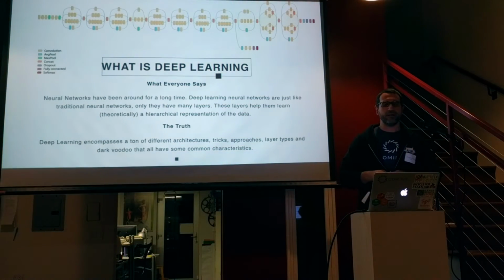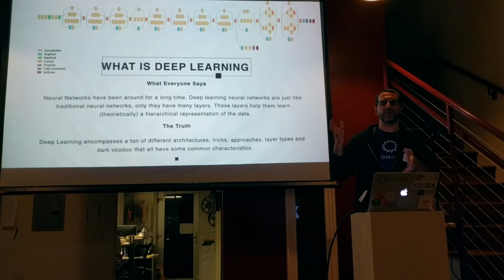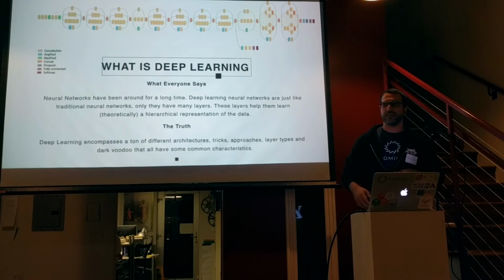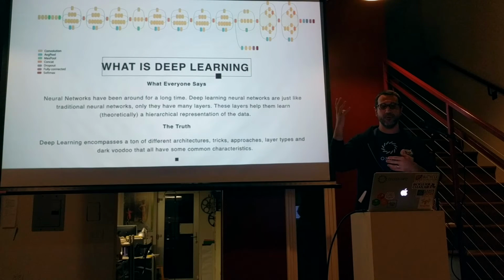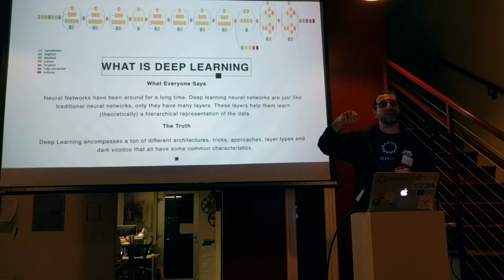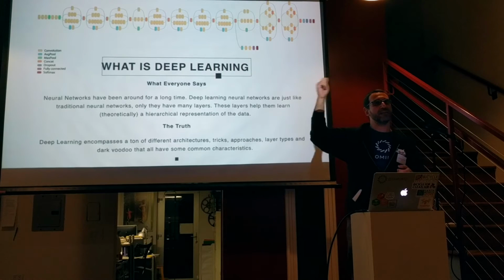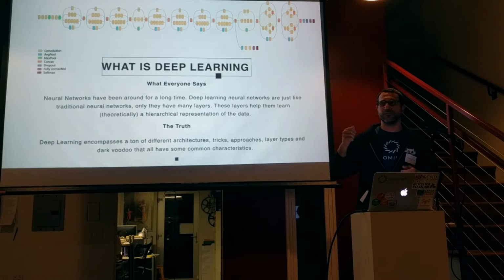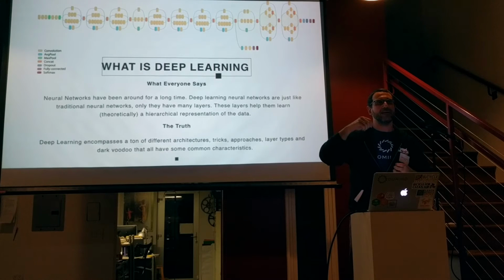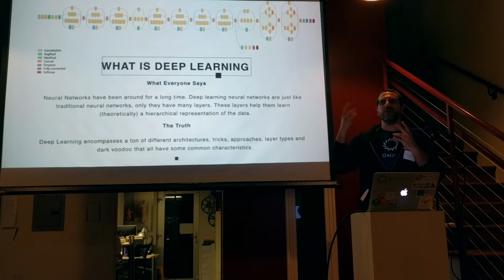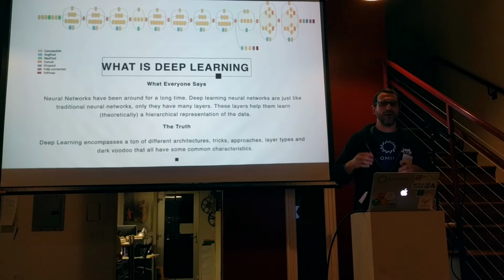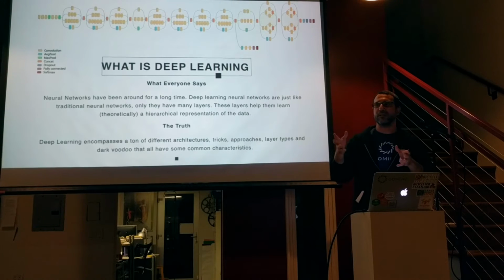So what is deep learning? Everybody here has at least heard of a neural network. That's what I'm working under the assumption. The assumption is that it's a bio-inspired model where you have input neurons that take some input from the world. They pass them through some activation function. Sigmoid is the most common one historically, but there's been a lot of work with ReLU and tanh functions. And basically what you're doing is it's a universal function approximator. So that's a standard neural network or a multi-layer perceptron.